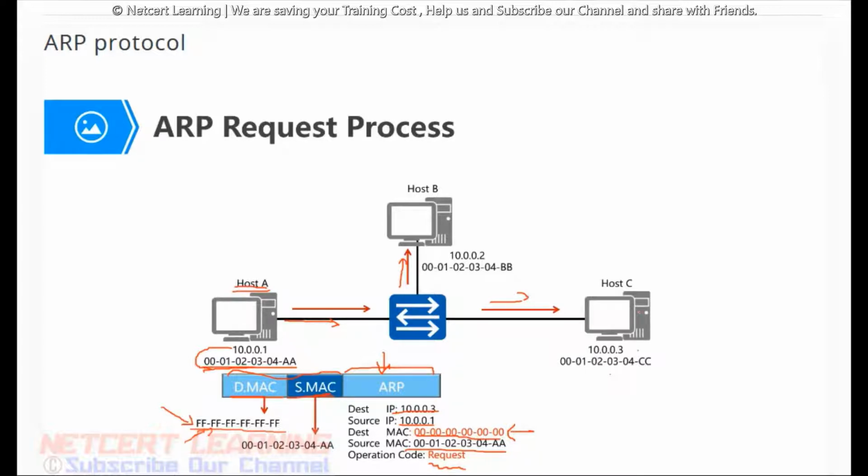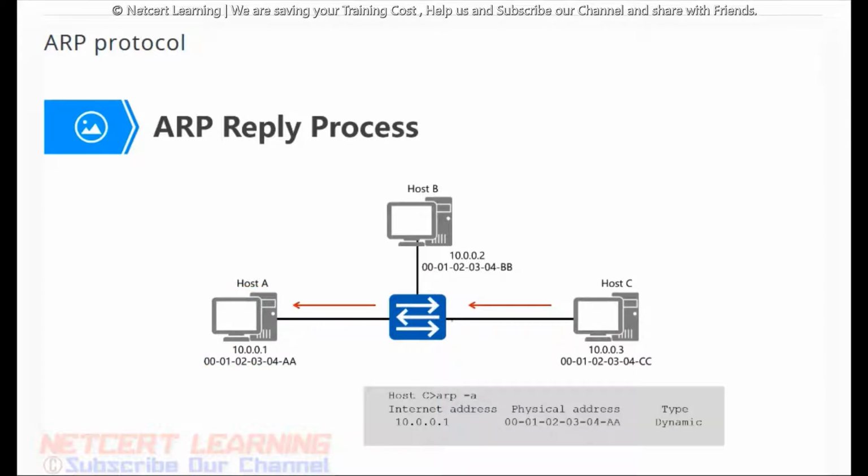Host A, host C, host D, and host E will all receive it and process it. This packet reaches all other devices. Then all the other devices get this ARP request and learn the basic information that it was sent by the source IP 10.0.0.1, host A. The host A's MAC address also exists in the ARP request. So host C, host B, and all other devices will get this information